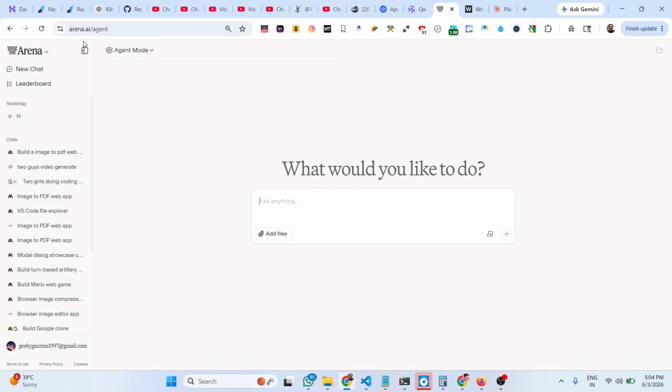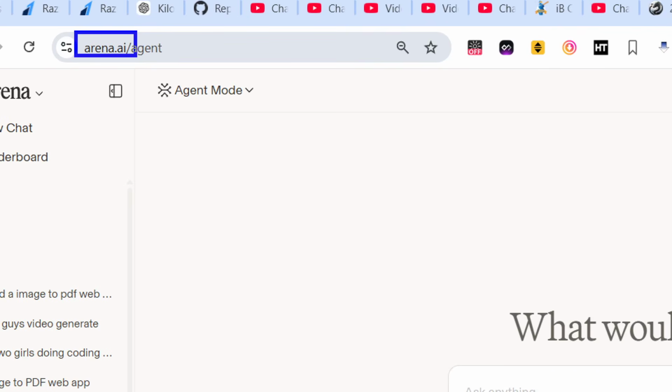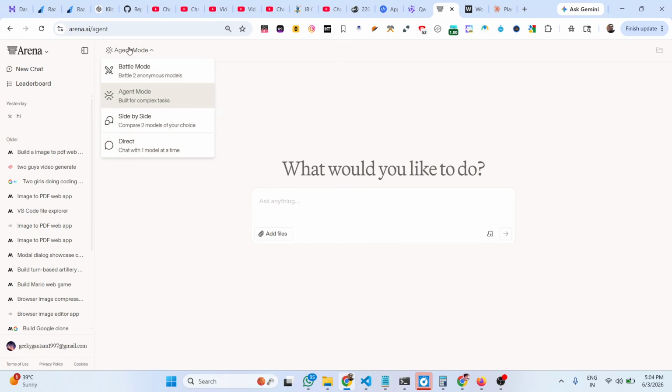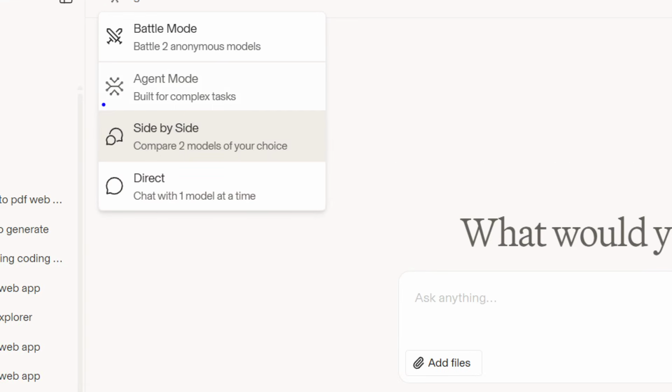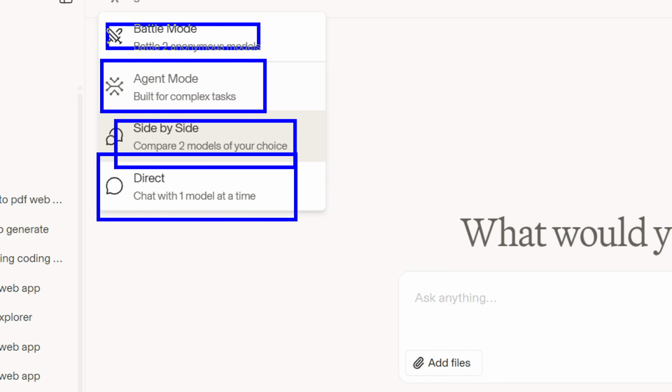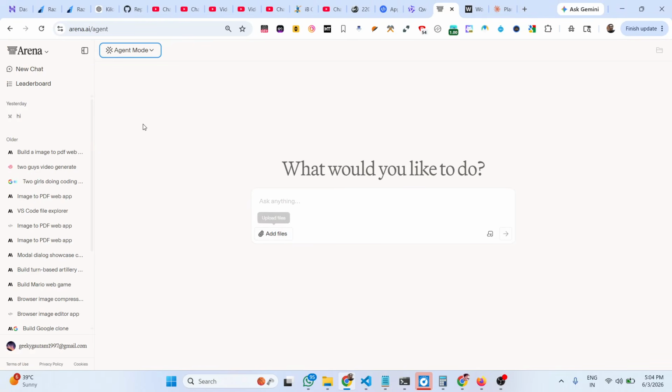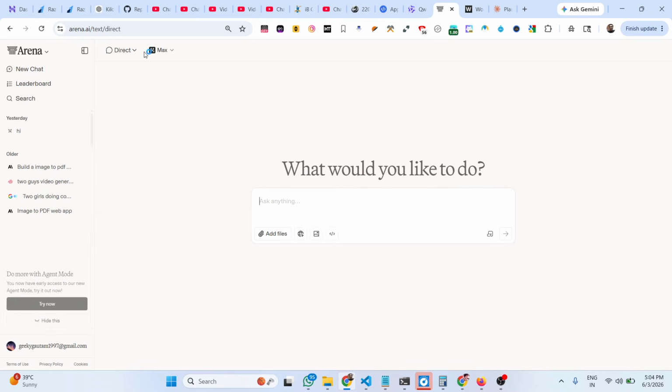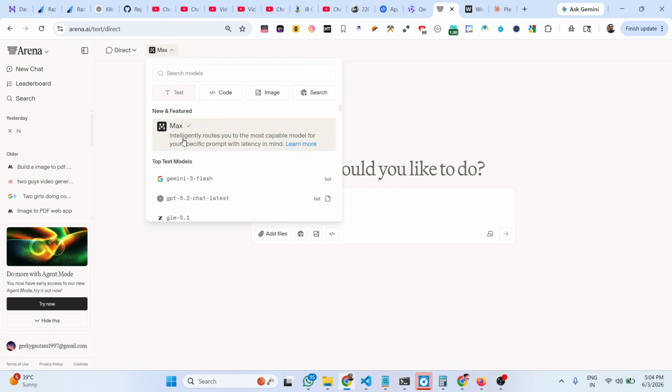And the third website is arena.ai. This is also previously called LM Arena. This is again an open source, free, unlimited website where you can chat with premium models directly, side by side comparison, agent mode, battle mode between two models. So if you simply select direct mode,